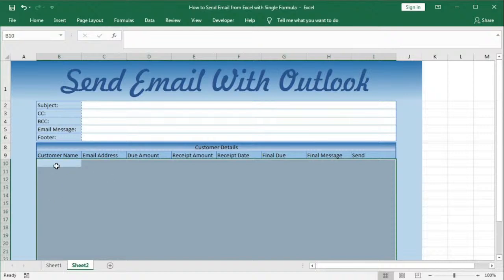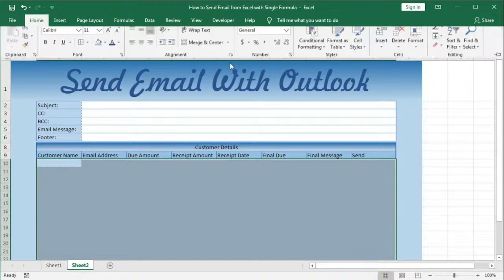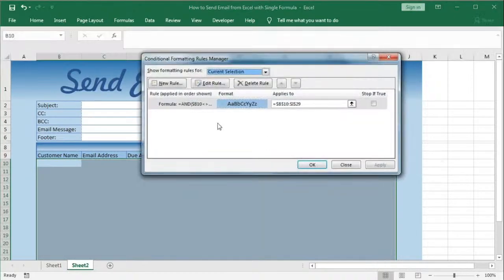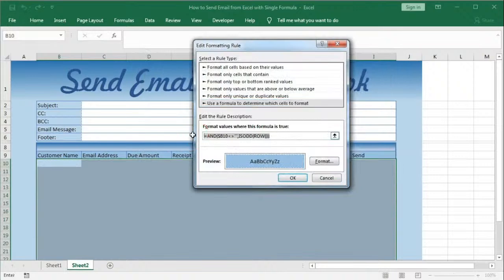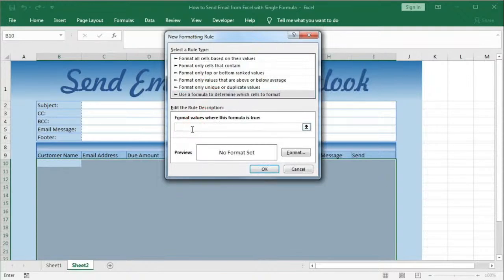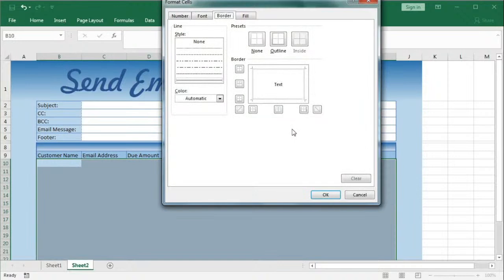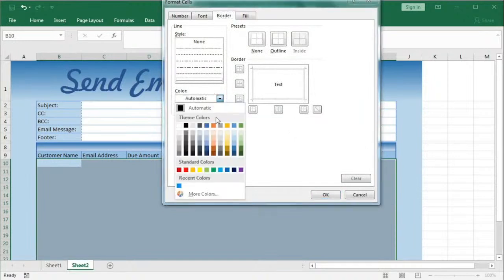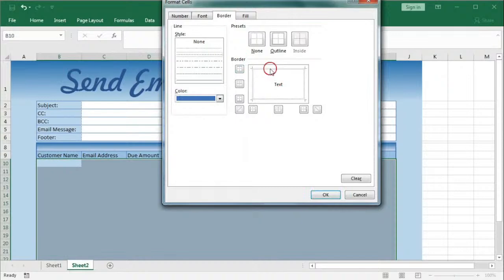So when we enter values we will get this. So we have to give another for ISEVEN, for the even rows. So go to home, conditional formatting, manage rule. Here we will select this formula, copy, new rule, select here and paste it, and here instead of odd we'll use even. So here we will use only border. So select the color, this one, top and bottom. Okay,